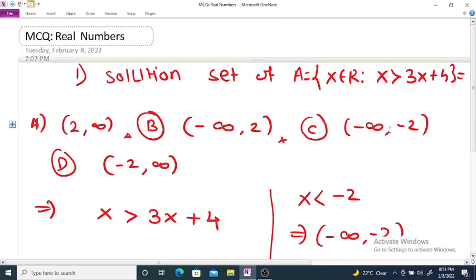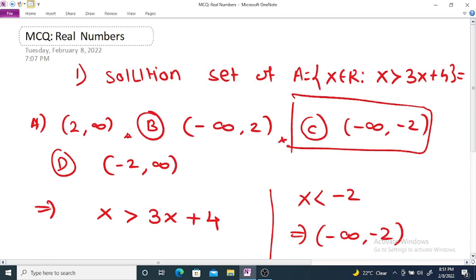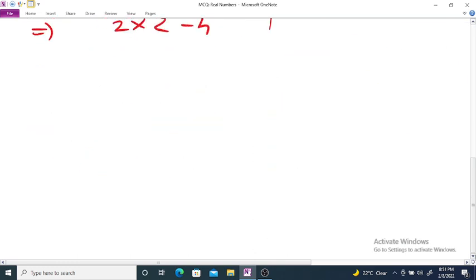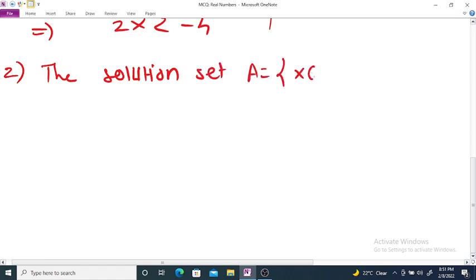So the correct option is minus infinity to minus 2, option C. Then example number 2: find the solution set of A, equal to the collection of all real numbers x such that x square is greater than 3x plus 4. The options are: